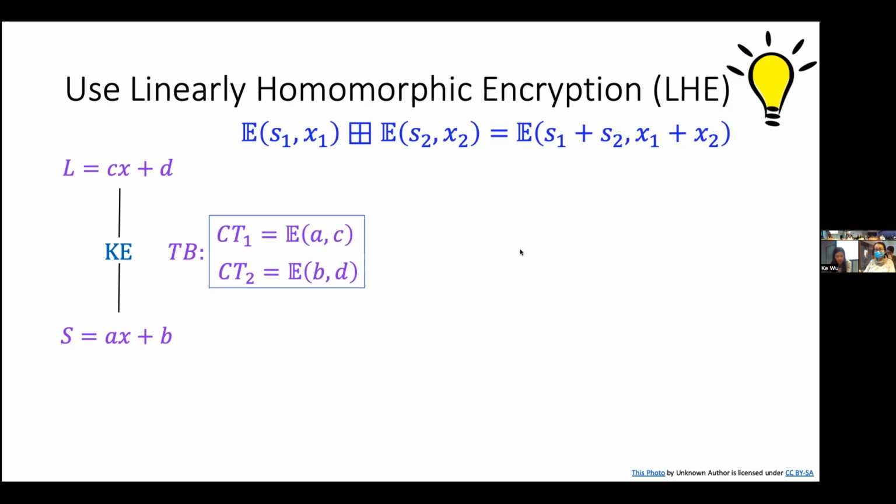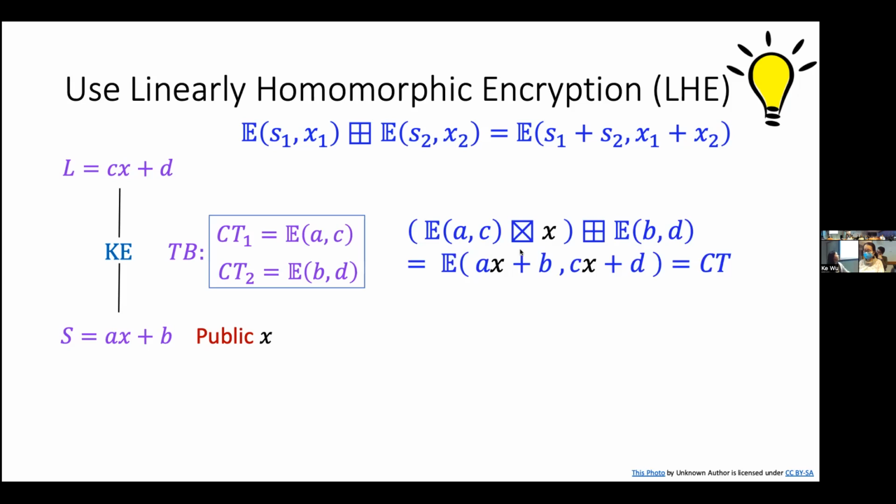Then what would I do? Well, I'll just create these two encryptions. Now let's assume for now, let's cheat a little bit, that the wire value is actually going to be public at the time of evaluation. We're going to fix this problem later. But suppose the wire value is actually public. Then